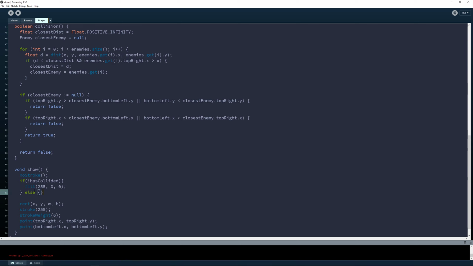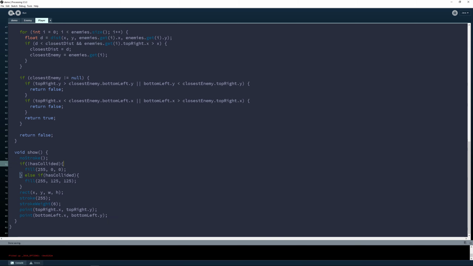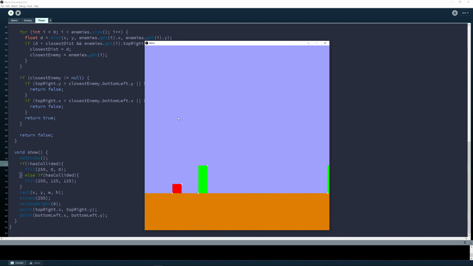Else we can just assign, let's be explicit and say if it has collided, then we'll just display another color. So this should be good. There you can see if the color changes, it's colliding, which is good. So now we've got collision,